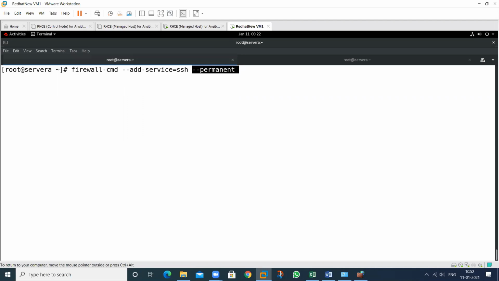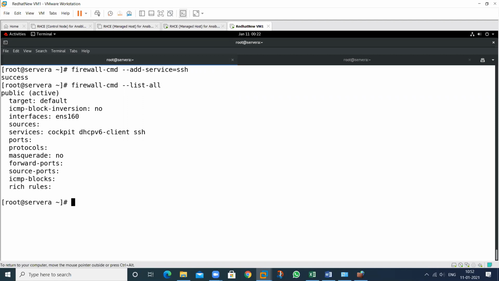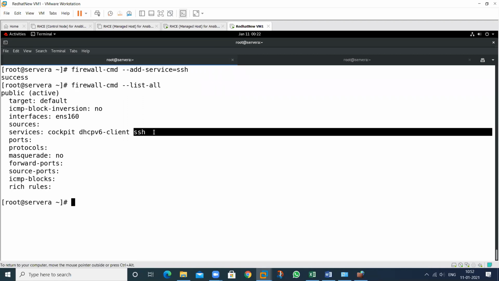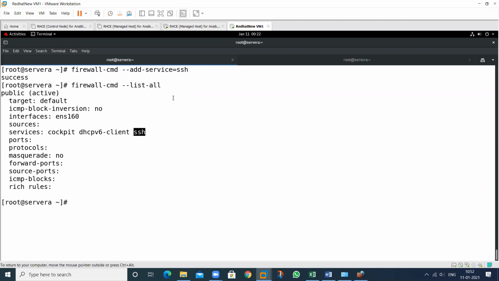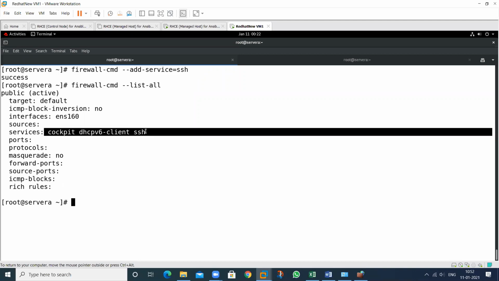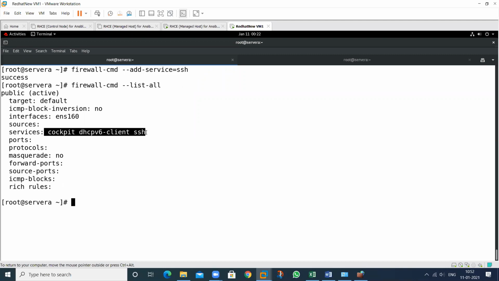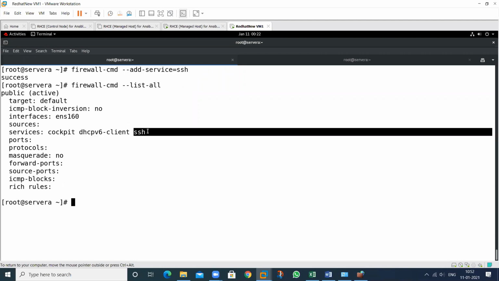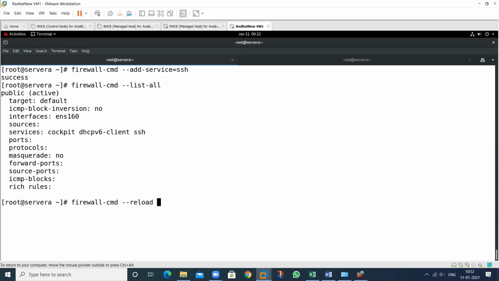If I am not using this parameter, then see the result. This is allowed, but on a temporary basis. If I am not using the permanent parameter, this is allowed, and there is no need to reload.